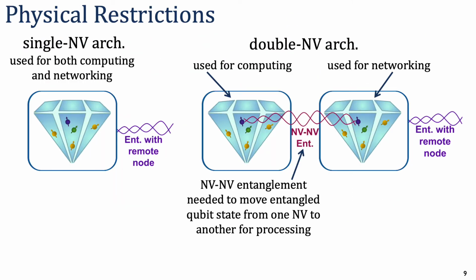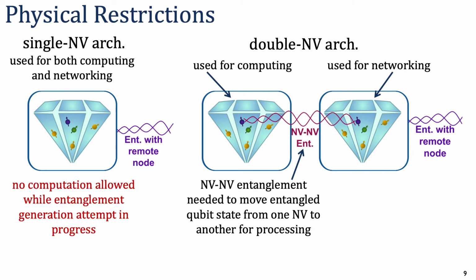Quantum architectures commonly come with several physical restrictions. For instance, the NV center in diamond has a limited amount of parallelism, in the sense that we need to access the communication qubit in order to perform 2-qubit gates, entanglement generation, and even readout state. This means that with a single NV, I can't, for example, do computation if I'm currently in the middle of